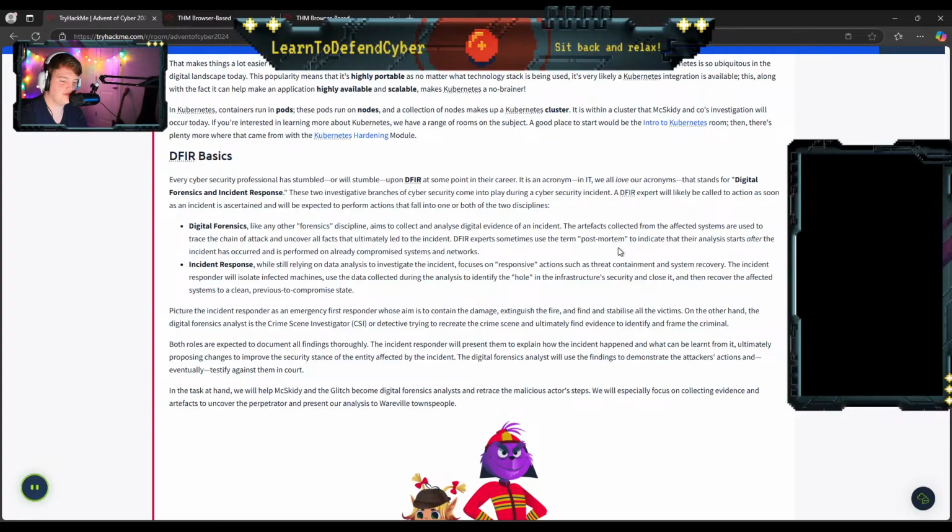DFIR experts sometimes use the term post-mortem to indicate their analysis starts after the incident occurred. And then you can have live incidents where you are actively threat hunting, more of the incident response type of situation. So post-mortem would be like you got ransomed and then someone comes and collects all the forensics. That's post-mortem analysis.